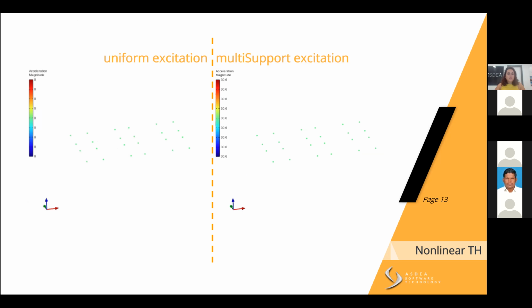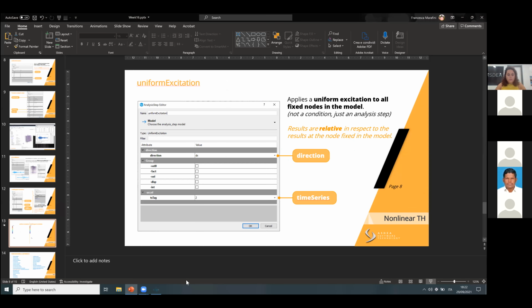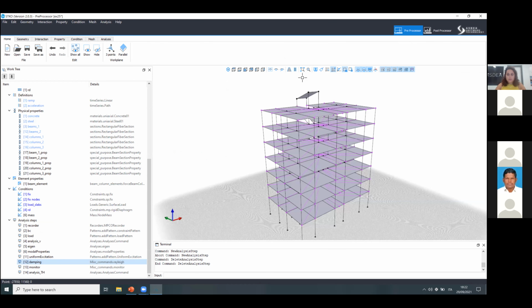But in the end, even the use of uniform excitation can give you the same result as the multi-support excitation if you're using one single ground motion with the uniform excitation, just by adding the accelerogram input to the value of acceleration response of your structure. And this can be done easily through the Python API, for example. So just to show you very quickly in the model how this is done,